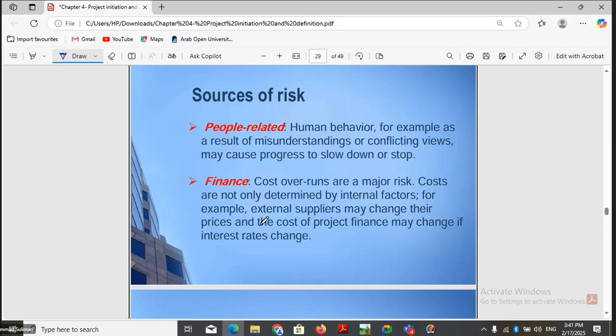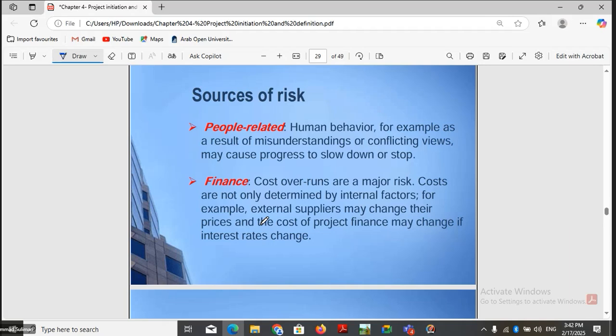People-related risk, human behavior, for example, the result of misunderstanding or conflicting views, may cause progress to slow down or stop. So there is also a risk from the people who are working on the project. Any conflicts between the teams, any conflicts between the team members, may slow down or stop the project. Finance is also an important common risk factor